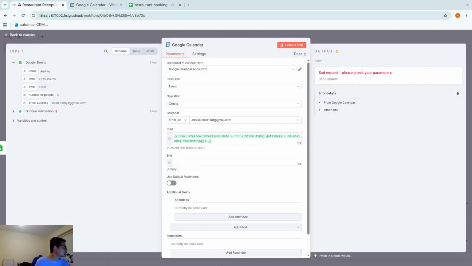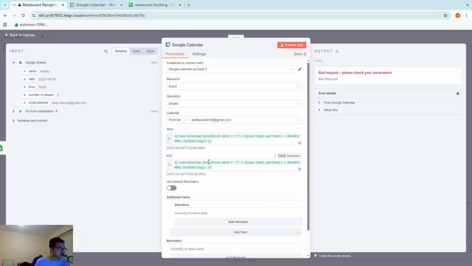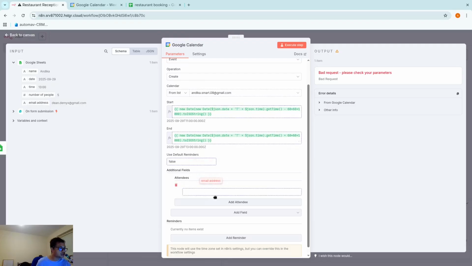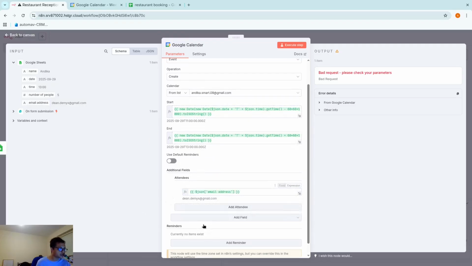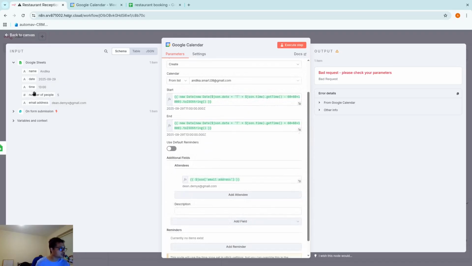And the end date, I believe, would be ideal if it's like a 2 hour kind of a distance, right? So minus and plus, so this minus 60 minutes, and this gonna be plus 60 minutes. So basically, both of them are gonna make up like a 2 hour distance. The attendees is gonna be the guy in the email address. Okay, and we can set a description. So in this case is